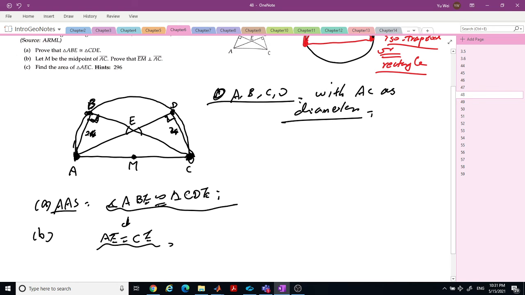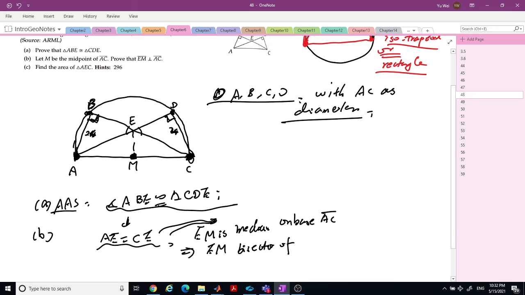If AE equals CE, then M is the median, so EM is the median on base AC. So that means EM is also a bisector of